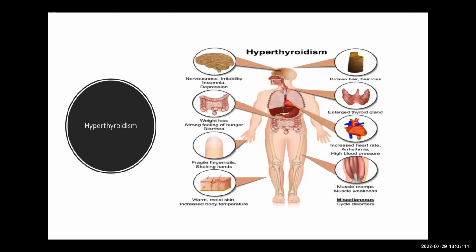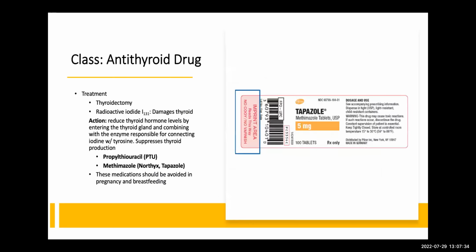Here's kind of an idea again. This is a better picture than the one for hypothyroidism of what the organ actually affects. Because the patient is wasting away a lot of their nutrition, they could potentially have muscle problems too. So that's why it talks about muscle aches. What do you give a patient that has